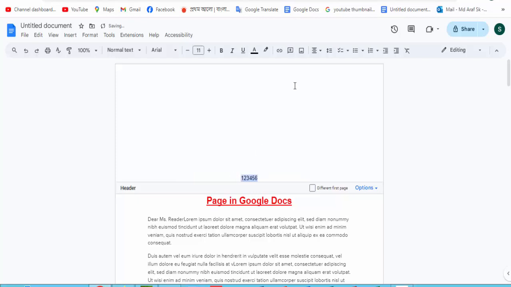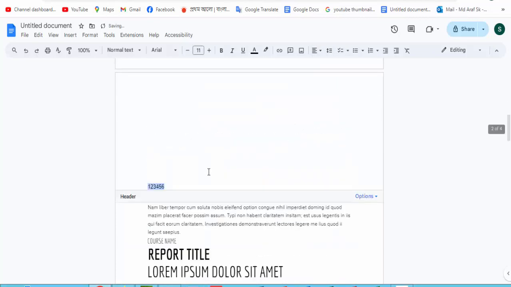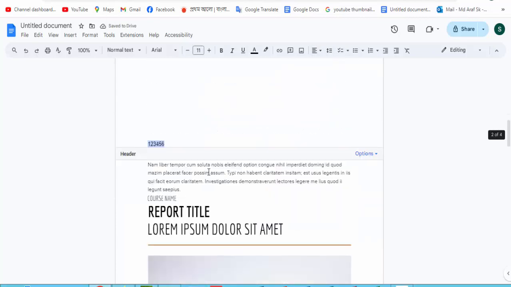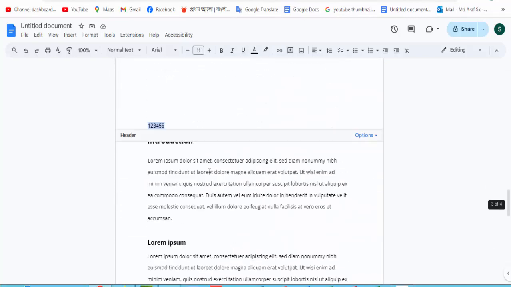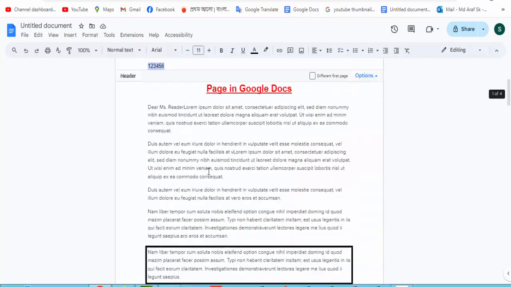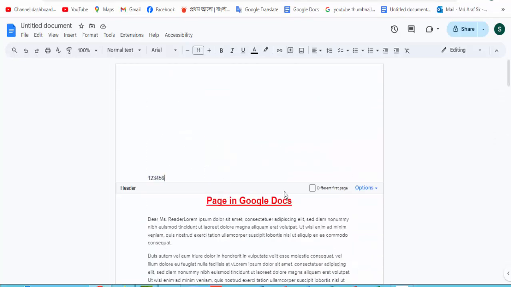Select the text, go to the align center option and click the left align. Then show all the page's headers. This header is